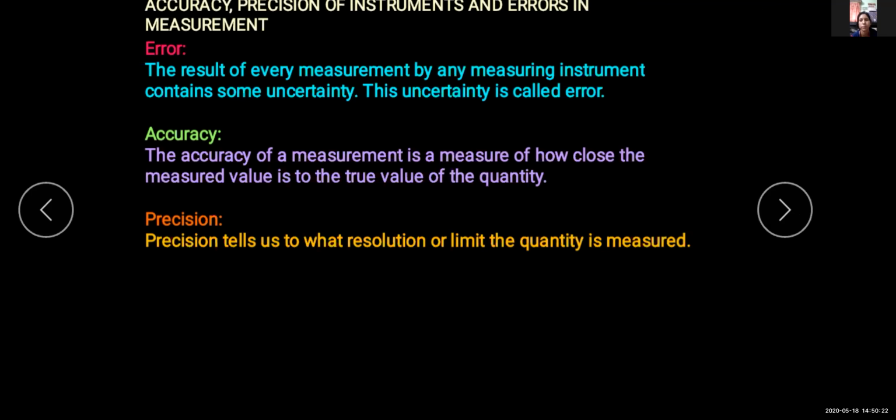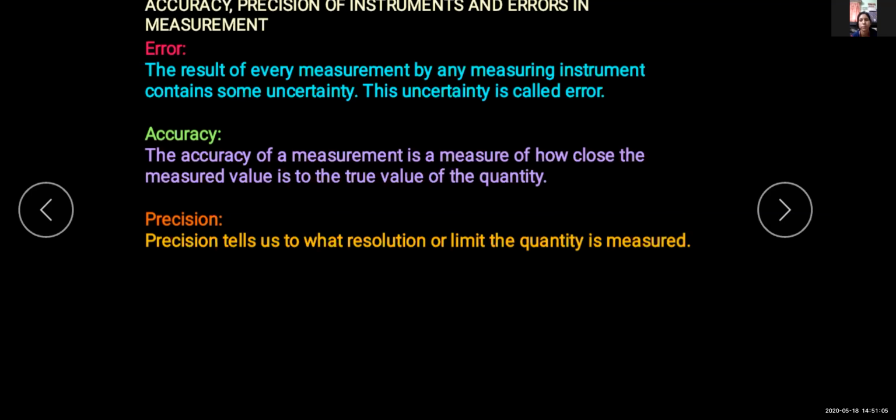So we see that 119 milliliter is 1 milliliter away from 120 milliliter, and 116 milliliter is 4 milliliter away from 120 milliliter. So the value 119 milliliter is most accurate because it is closest to 120 milliliter, and 115 milliliter is least accurate. I hope this is clear to you. The closer the measured quantity is to the actual value, the more accurate the instrument.